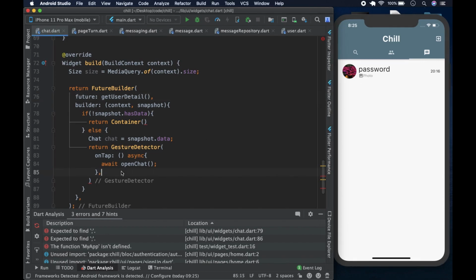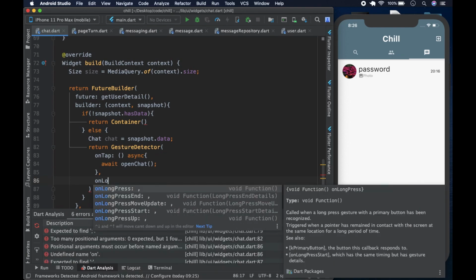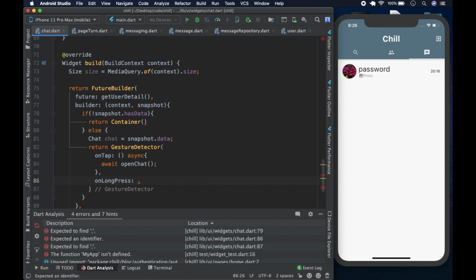That's the gesture detector. Next, we want to make sure that when you long press it, it shows you a dialog and then deletes. That's what we're going to do next. Continue with where we were. First, we're going to have onLongPress. onLongPress is going to take